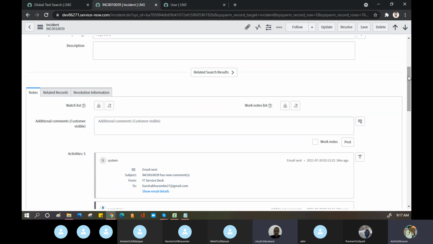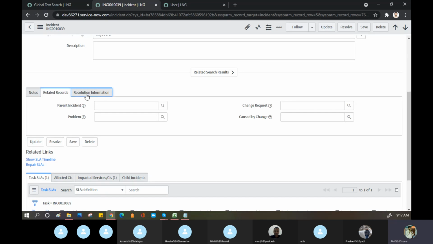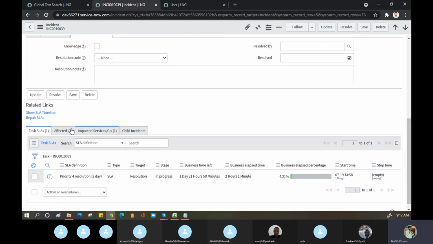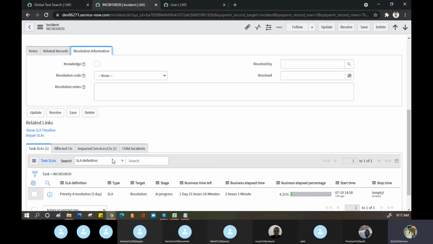I'm telling you they are trying to segregate, like a notes section and the activity section. No. Related records, resolution information: why are these three one set and these four another set? Why does ServiceNow add these four on the top as well?